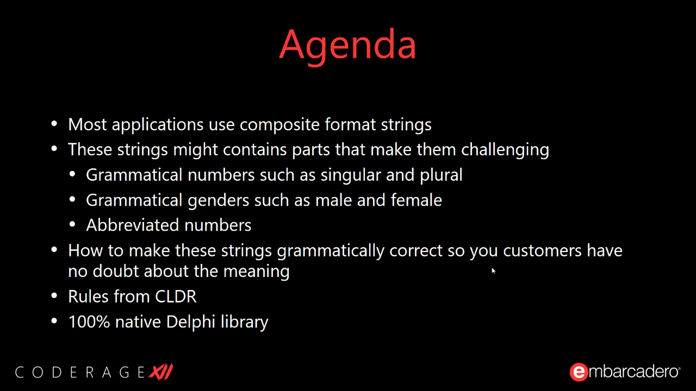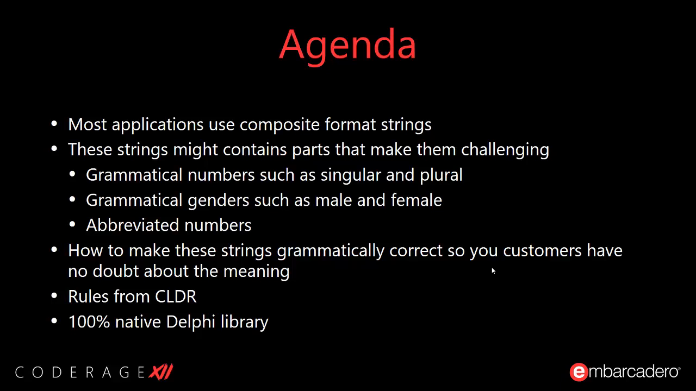Today's agenda is all about composite format strings. Any application larger than Hello World probably uses these composite format strings. And whenever we generate something that is constant text and variables, we might run into trouble from the grammatical point of view. For example, we say I have one car, but if I have two, then I say I have two cars. So each language has different rules to